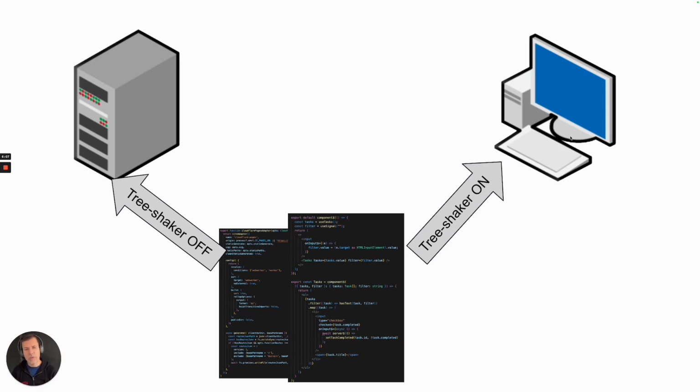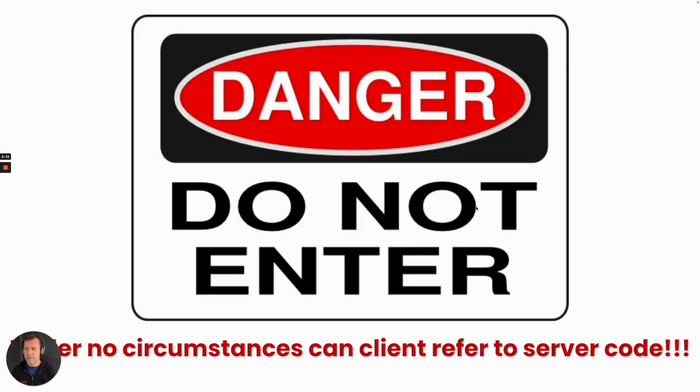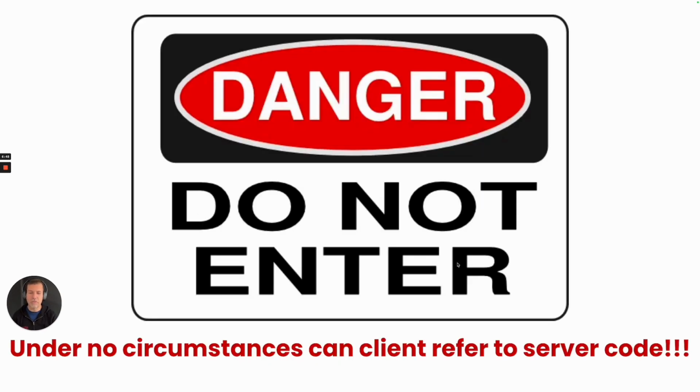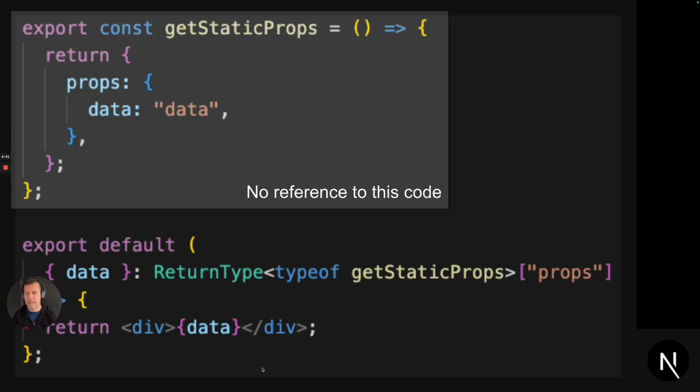And so the bundles that get shipped to the client are much, much smaller because much of this extra server stuff gets removed, whereas what is executed on a server contains both the server bits that are accessed through a well-known export, as well as the isomorphic code that runs both on a server and on a client. Now, the thing to understand is that there's this danger, which is that under no circumstances can a client refer to the server code. Because if that happens, you will break the tree shaker, right? The tree shaker gets broken the moment the client refers to the server code. And so we have to make sure that that does not happen.